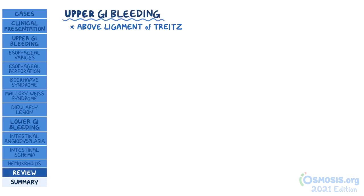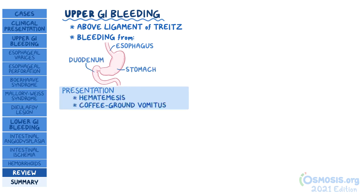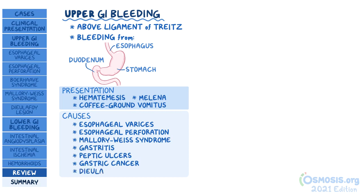All right, as a quick recap, upper GI bleeding arises above the ligament of Treitz, and it includes bleeding from the esophagus, stomach, or duodenum. A typical presentation of upper GI bleeding includes hematemesis, coffee ground vomitus, and melena. Common causes of upper GI bleeding include esophageal varices, esophageal perforation, Mallory-Weiss syndrome, gastritis, peptic ulcers, gastric cancer, and Dieulafoy